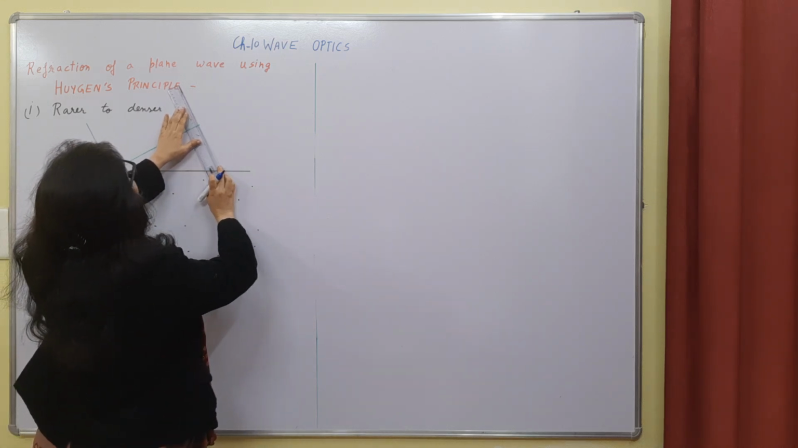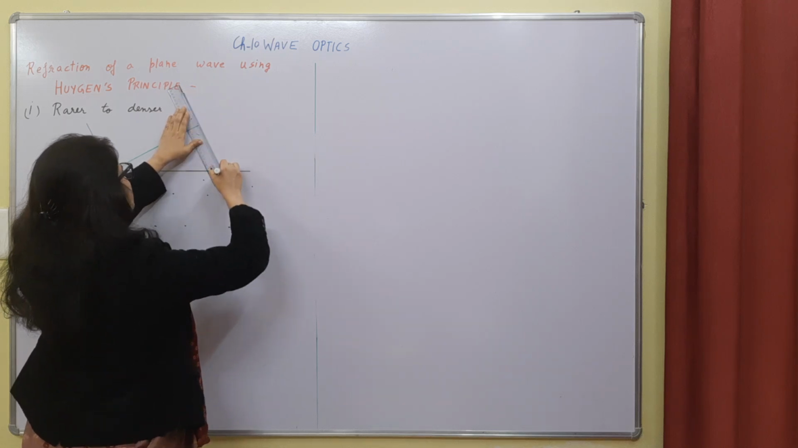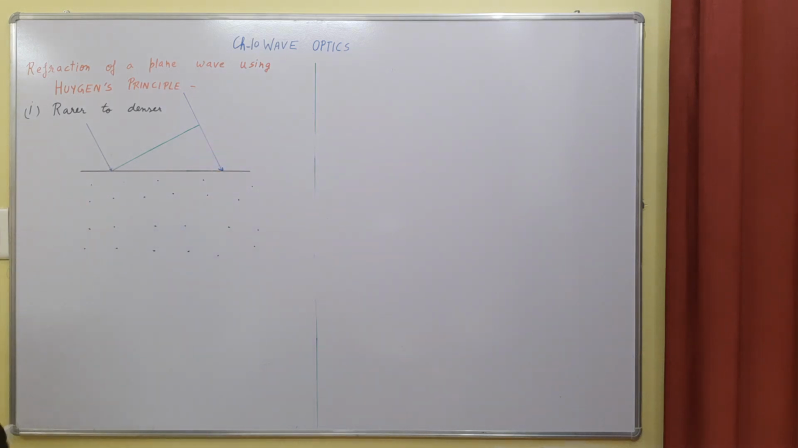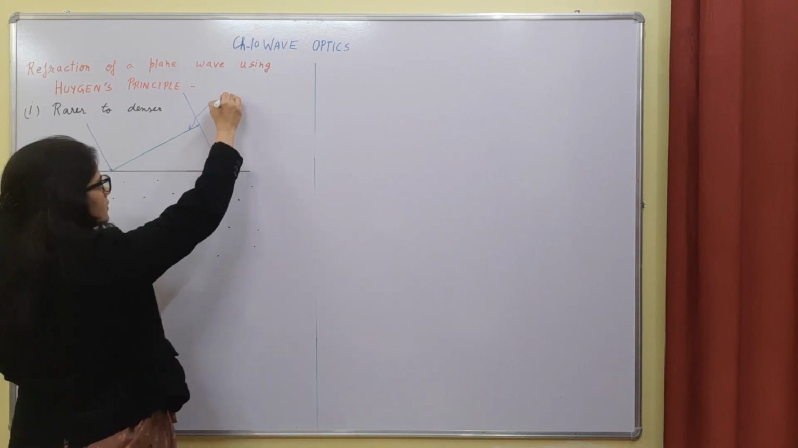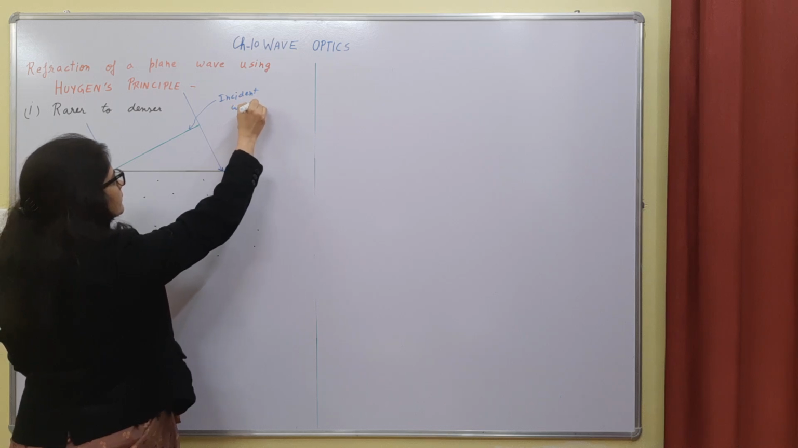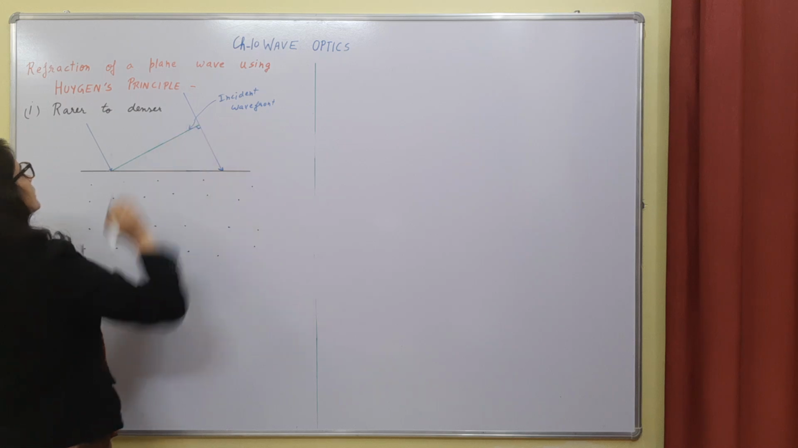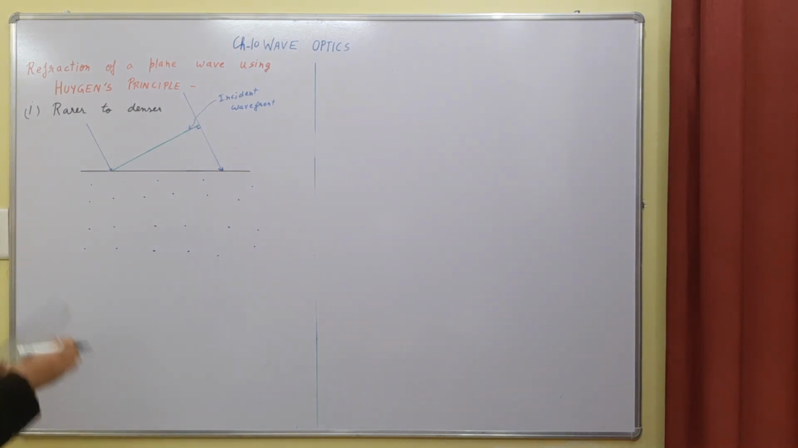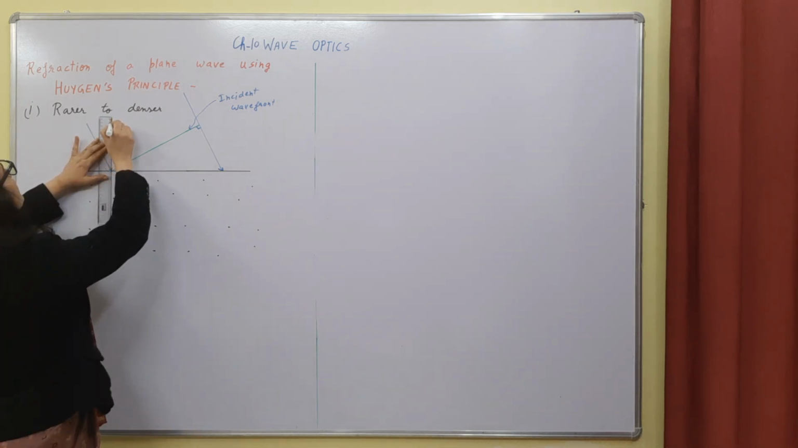Similarly, we have one more incident ray, which is also obviously perpendicular to the incident wavefront, right? So this is perpendicular. Now we have to draw the normal on the surface. If this is the normal,